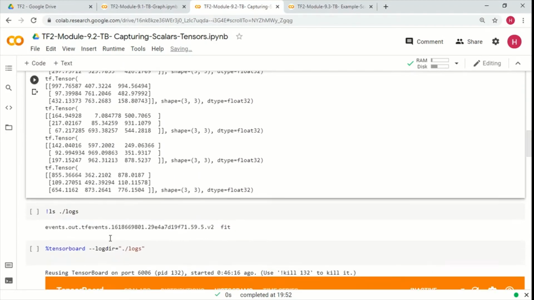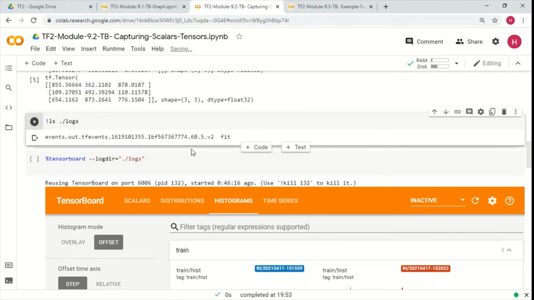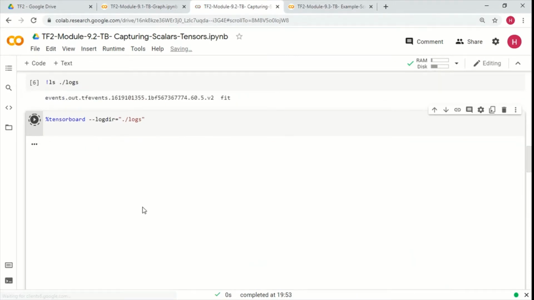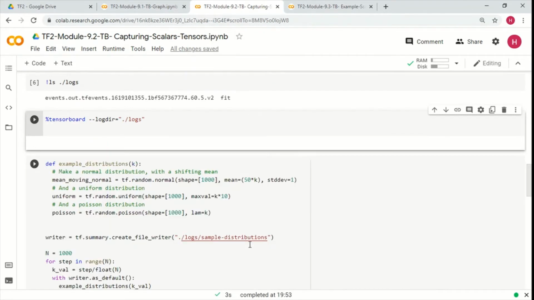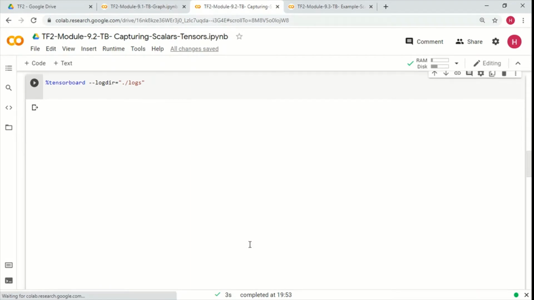Okay. Now let's see what do we get here. So there is an event which is created, and now let's go and see what happens with this TensorBoard here.